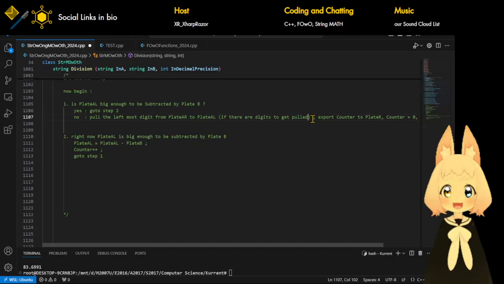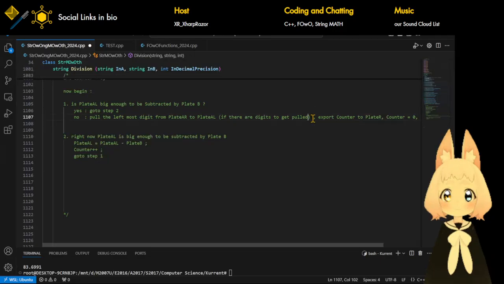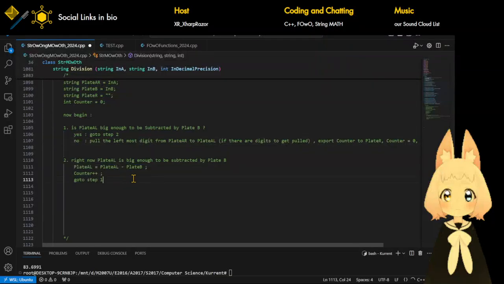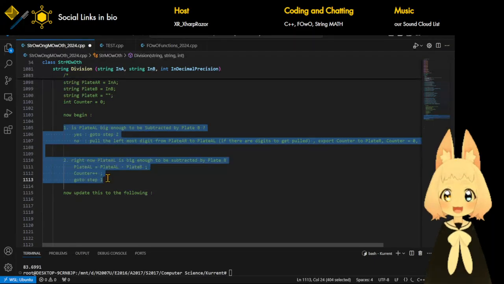So technically speaking, over here, yeah, and then I'm just gonna say now update this to the following, which is actually just copy and paste,